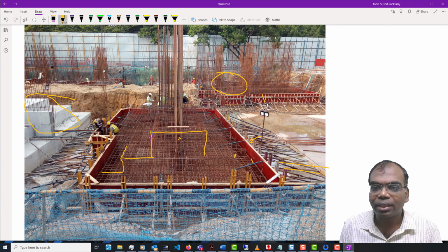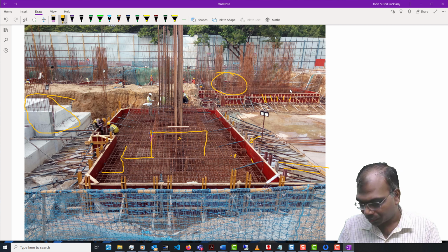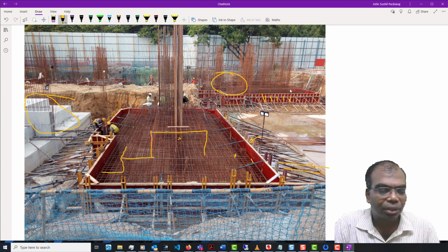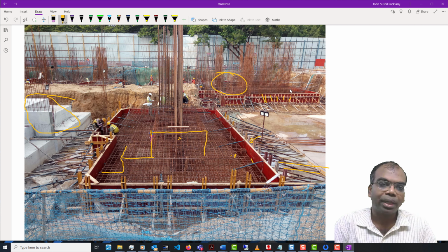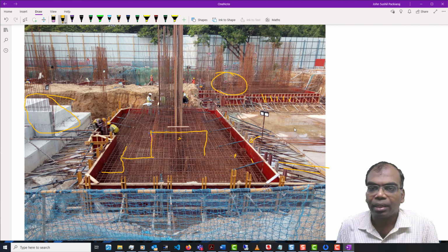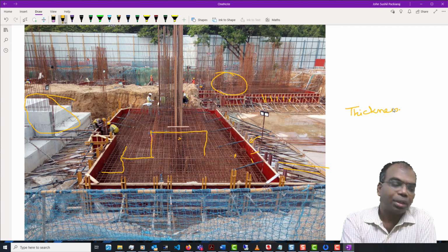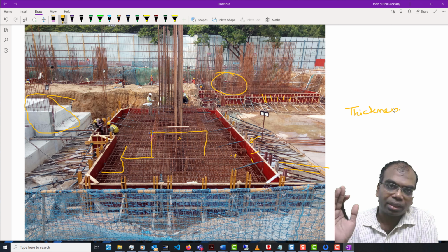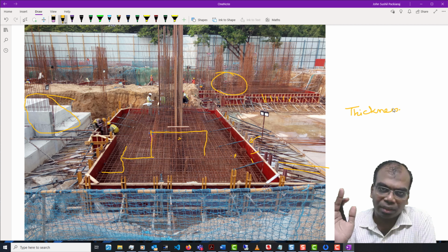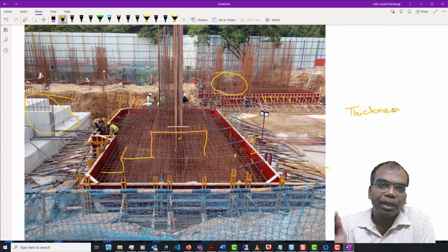You have to strengthen them sufficiently so that they can take the hydrostatic pressure of the concrete. As long as the concrete is wet, it is going to apply a hydrostatic pressure. So the thickness of this plywood has to be checked carefully. What is the learning here? Just because you are taking a side shutter of a certain depth, it doesn't mean that it is going to be constant throughout.